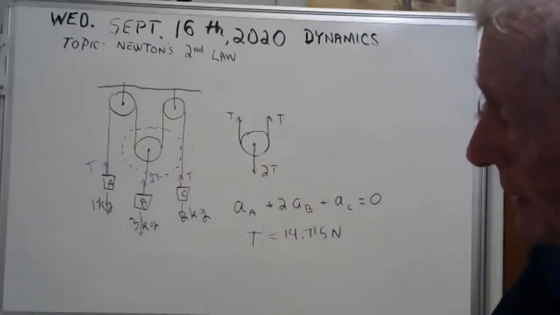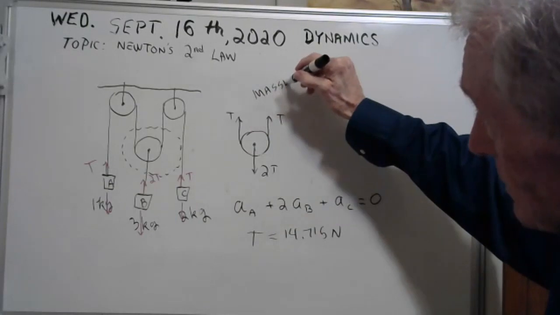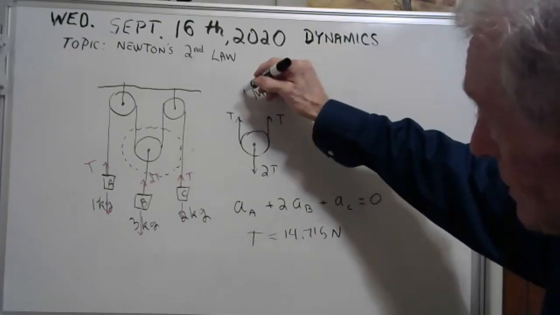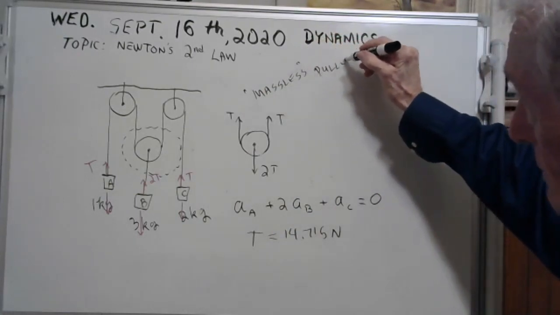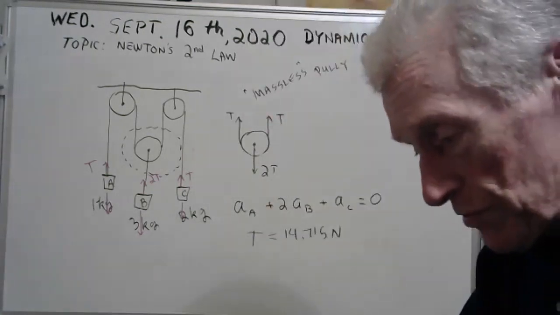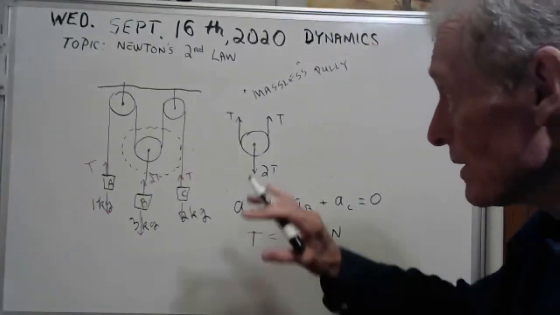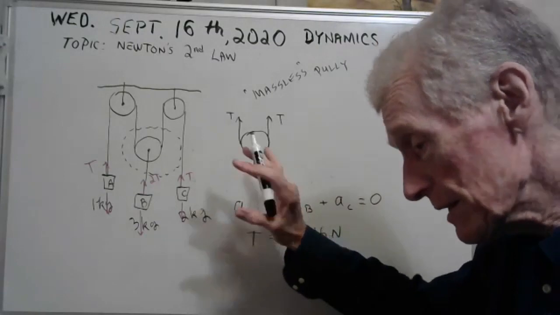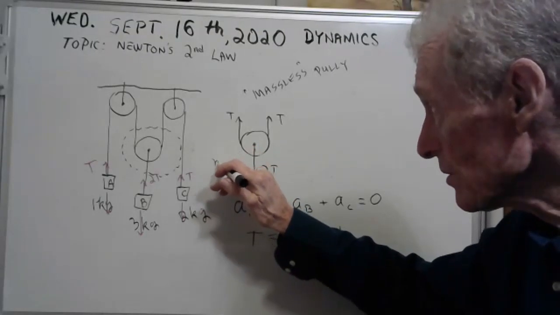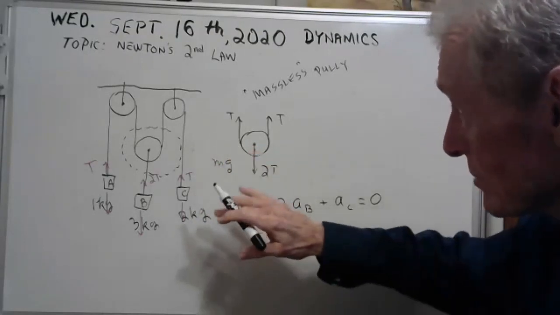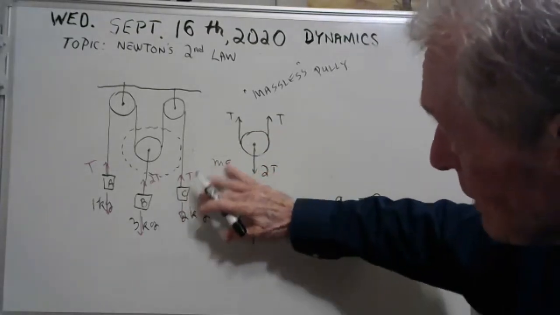Right now, we're studying massless pulleys. Massless. Now, the truth of the matter is, there's no such thing as a massless pulley, okay? I'm lying to you. Even if it's light plastic, it weighs something. And so there'll be another force on here. It'll be a force of gravity because this pulley does have mass and it'll have an mg force going down. It's not just these three forces. There's four forces on that pulley. But if it's massless,